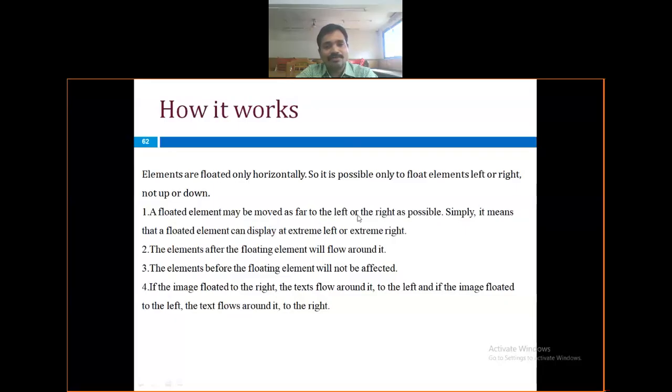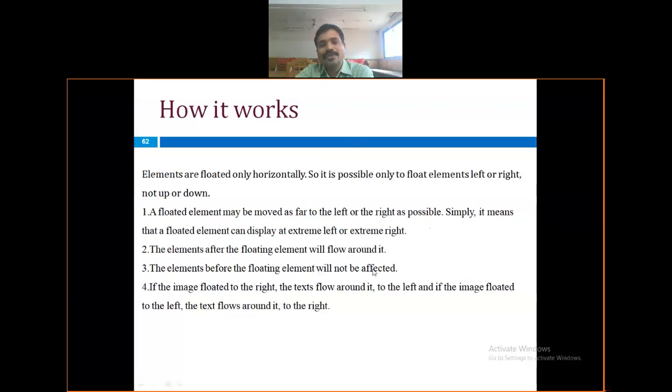How does it work? An element that is floated can only move horizontally, so it is only possible to float an element left or right, not up or down. A floated element moves as far to the left or right as possible. Simply put, a floated element can be displayed at the extreme left or extreme right. The element after a floating element will flow around it.